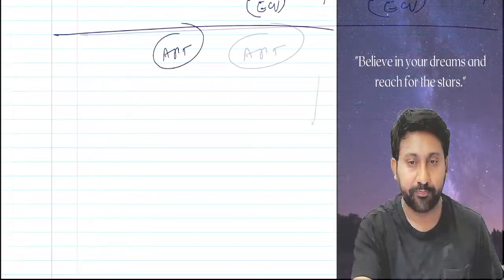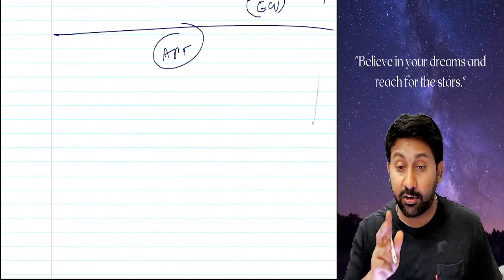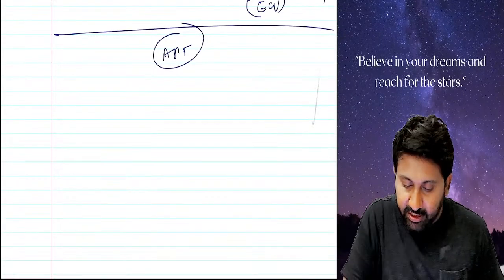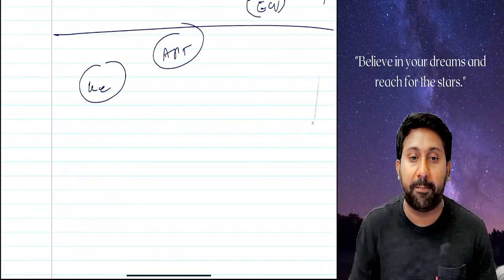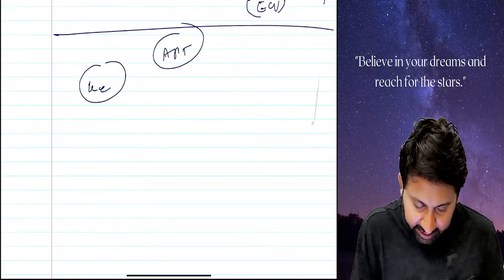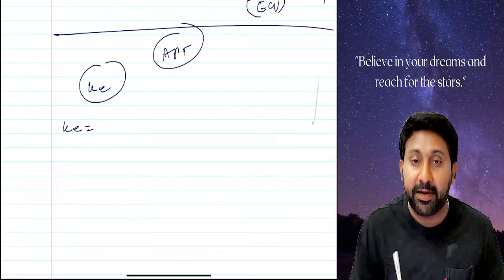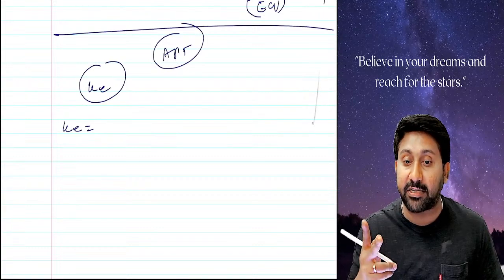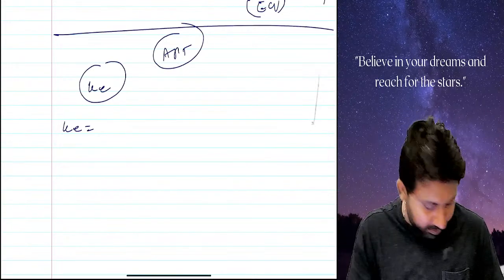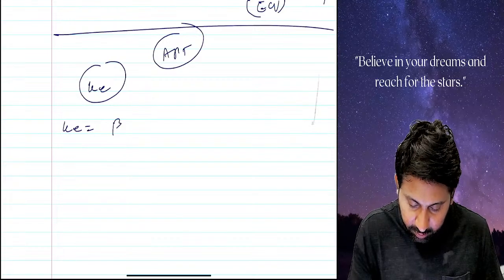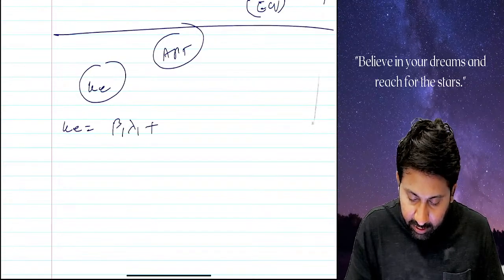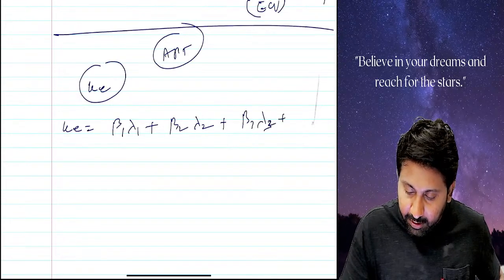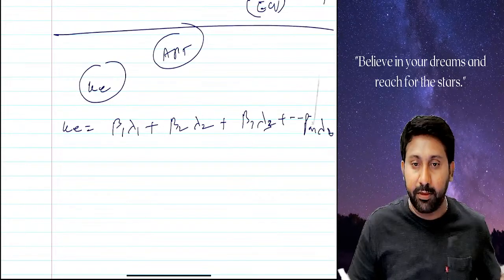Okay, let's continue. Two types of questions can come on arbitrage pricing theory. The first type of question is they will ask you to calculate KE using the APT model. What is the APT model? KE under APT is not RF plus beta into (RM minus RF). Factor betas they will give: different betas and different risk premiums for different economic factors will be given. The formula is beta 1 lambda 1, beta 2 lambda 2, beta 3 lambda 3, and so on up to beta n lambda n.